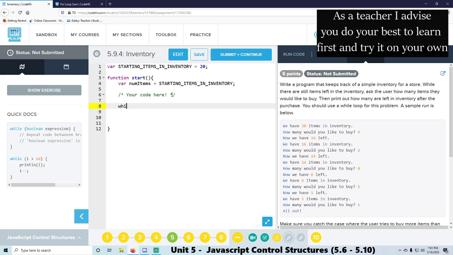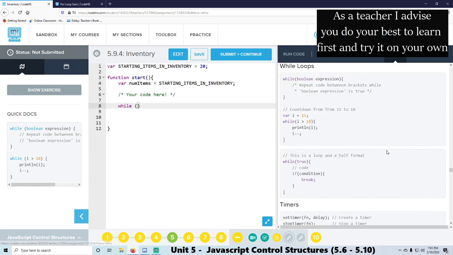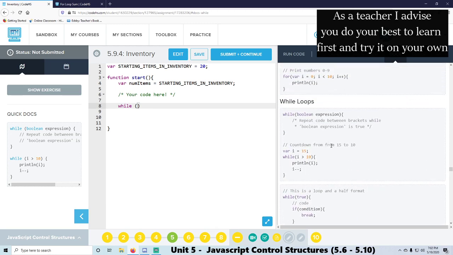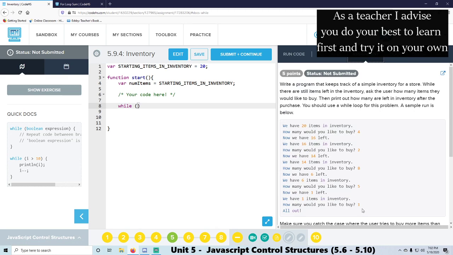I know for sure we have a while loop. While loops: while this condition is true, we keep going. We have our starting items. So while the number of items, subtracting down to 0, at 0 it's all out. Okay, so while it is greater than 0,